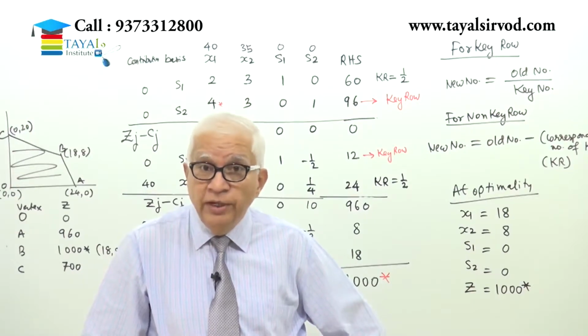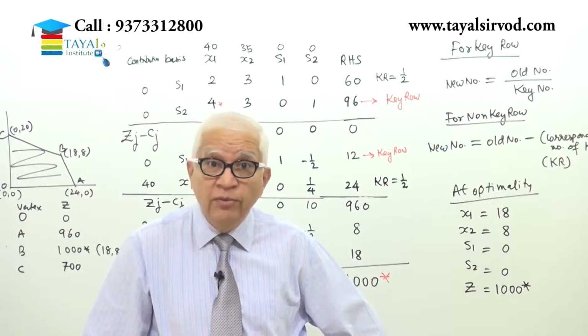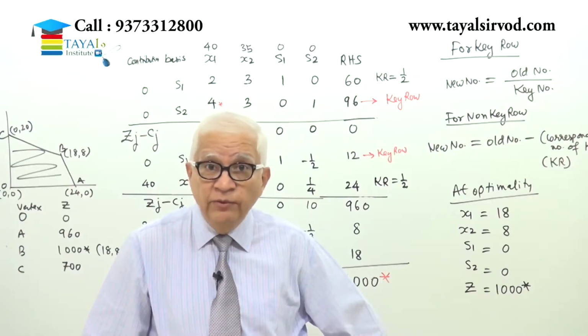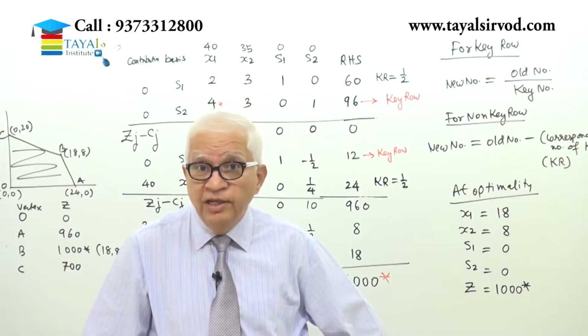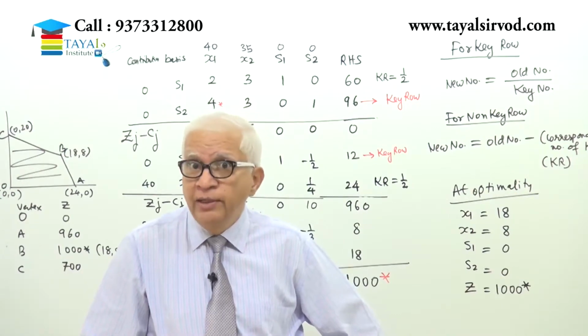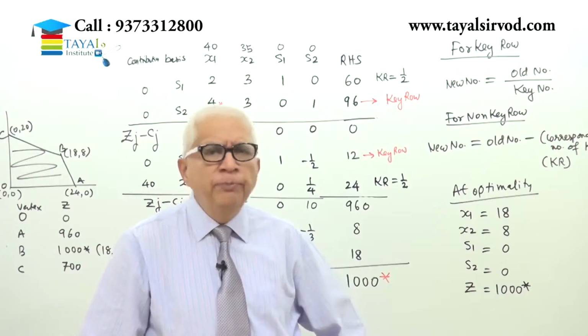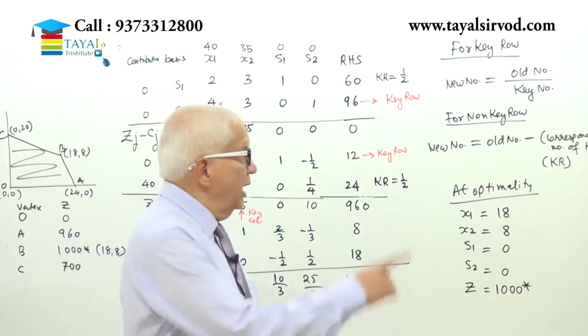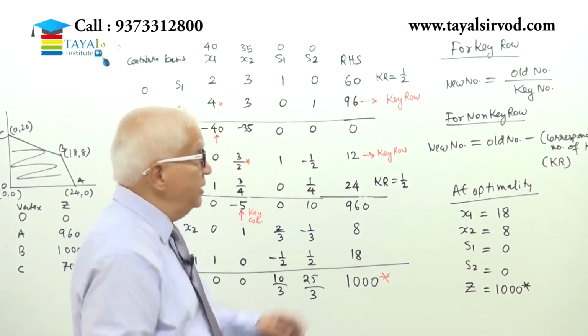Now from here onwards, we'll be going to the second problem, and the second problem obviously will not be easier than the first problem. So we'll probably have more variables there, more rows in the table, and so on, and we'll see that. But the procedure and the formulas are same, and the two important formulas are here.